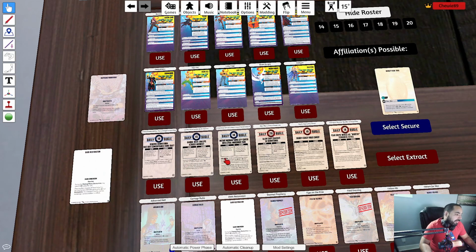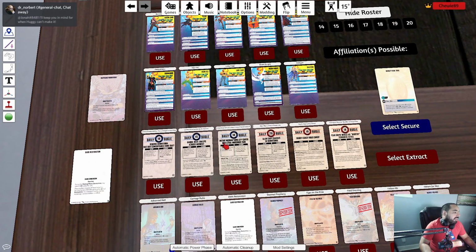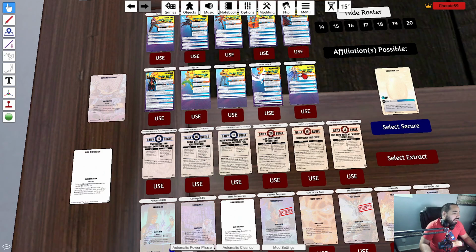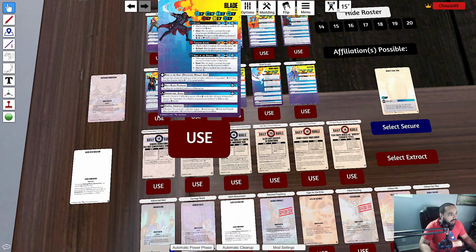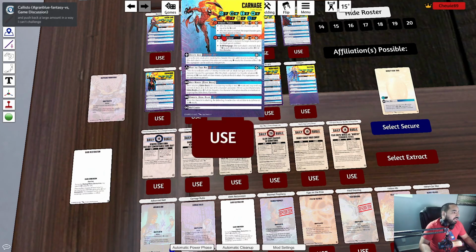Dr. Voodoo as well. Mutant Madmen. I'm a fan of it because I hand out extra power, and I'm going to have 1, 2, 3, and a 4th model that have like 4 or 5 physical defense. So I'm not concerned with getting the traps or taking traps from other people, because I have the high physical defense with whatever roster I tend to run. So basically, when it comes to